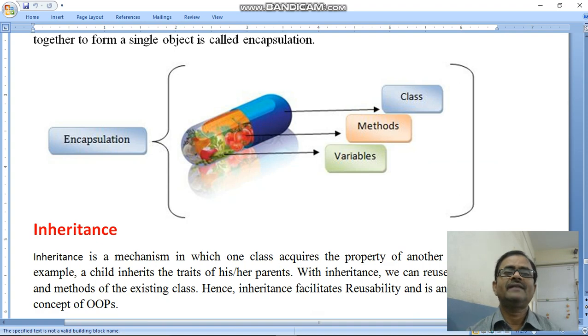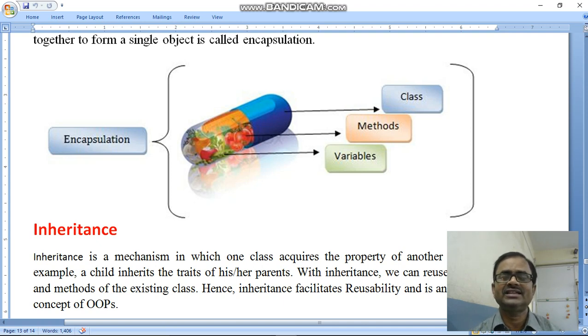You can see one example on the screen of encapsulation. Here it is a capsule, the medicine we buy from the market. Sometimes you are not feeling well, so we buy medicine, no? One type of medicine is the capsule. So here it is, this is encapsulation.